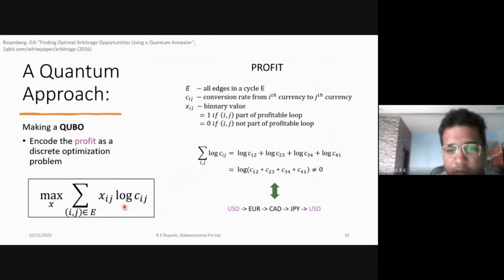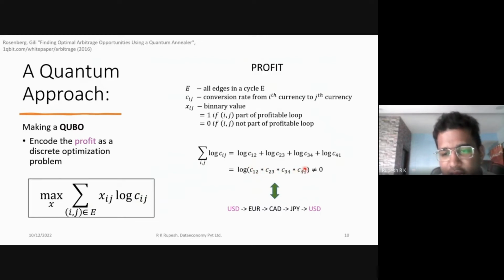So why does this formula work? I've expanded out the formula for a simplistic case here. We start with currency 1 and convert it to 2. Then from 2, we go to 3. From 3, we go to 4. And from 4, we go back to 1. So this is essentially a cyclic loop, and this is exactly what the summation here means. When we sum over this, it is a simple log. If you have a sum of logs, then that's the log of the product of the values that you're taking the log of.